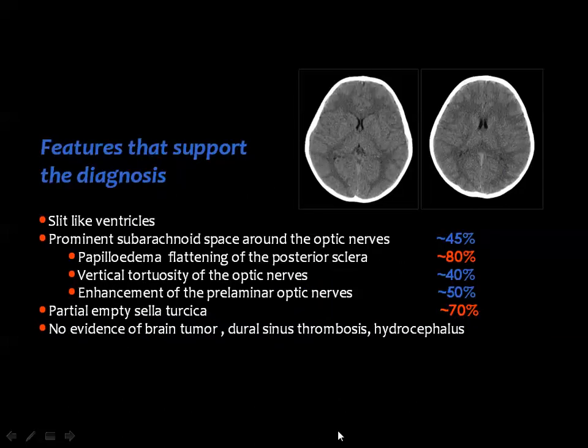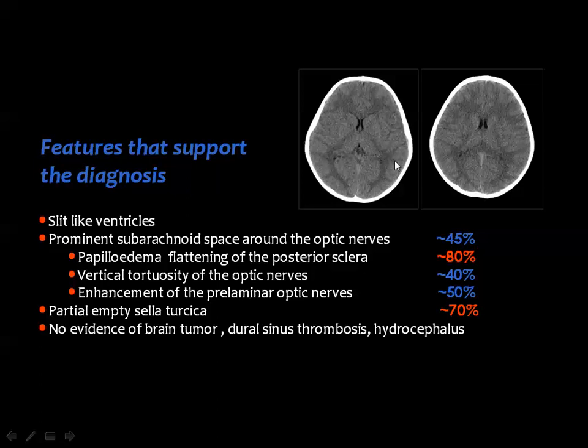But how can you diagnose this benign increased intracranial tension? There are certain features on imaging and also in clinical practice. In clinical practice, they see papilledema of the optic disc. And on imaging, there are seven criteria. Number one, the presence of slit-like ventricles. The ventricles are reduced in size, but they look normal in configuration with no evidence of mass lesion or shift